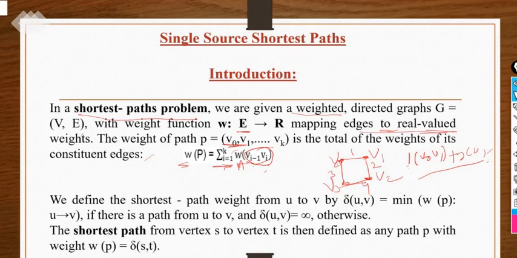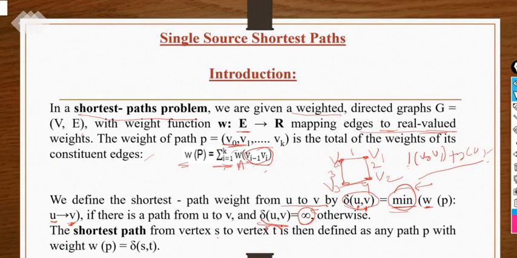So the first thing that we need in the shortest path is the weight from u to v. This transition symbol shows the path from u to v, where u is any vertex and v is any vertex here, right? And we have to find the minimum weight while moving from u to v. If there are multiple paths from u to v, then we have to find the path with the minimum weight, right? So the transition of u to v, by default we assign to infinity. We don't know how much cost or time it will take to travel from point u to point v, so we are assuming it to be infinity, right?